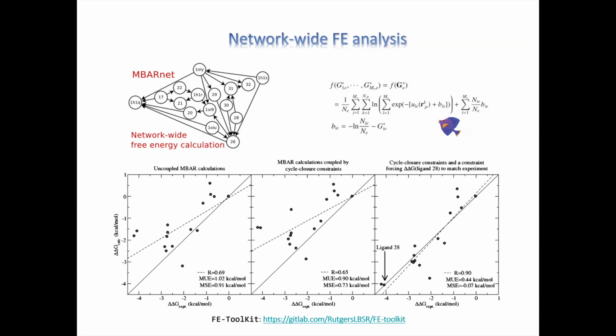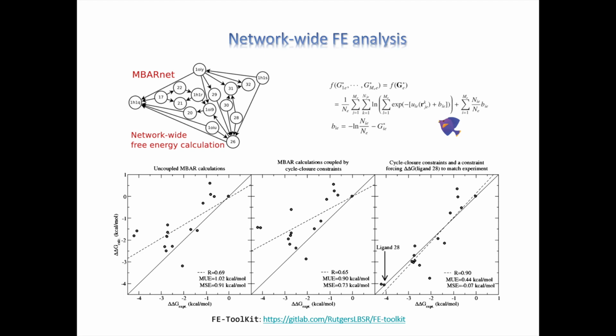One of the things that's important is that what is shown here on the right is something called a thermodynamic graph. You'll notice that there are multiple ways to connect different ligands. In fact, you can trace the different arrows and come up with various cycles where you go from one ligand to another ligand to another ligand, and you end up with the original ligand. Whenever that happens, that's called a theoretical cycle closure condition. Theory says that because the free energy is a state function, if you end up where you started, the free energy should be 0.